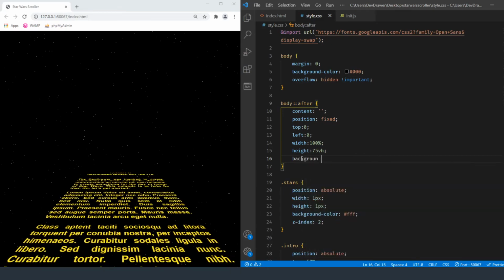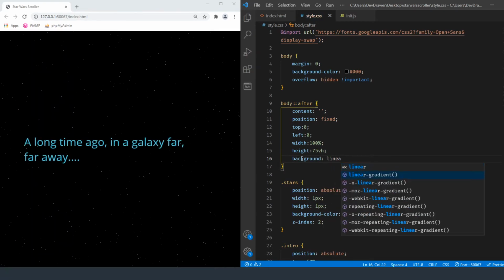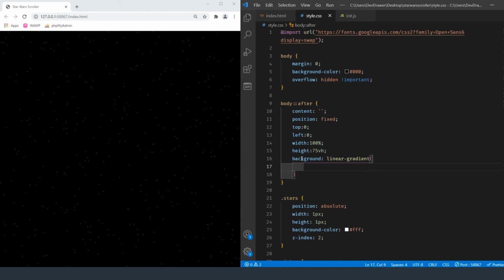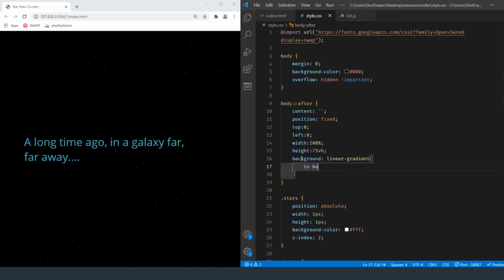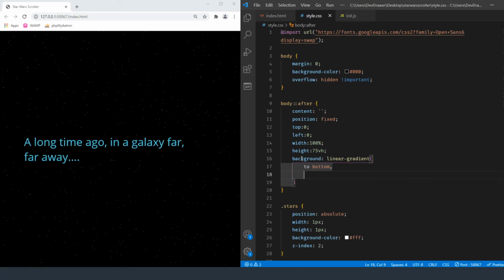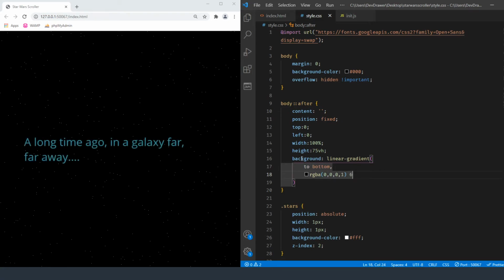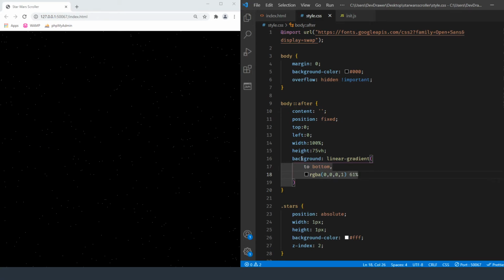So let's go ahead and just do the CSS for it. We've got background, and we're going to do a linear gradient, and inside of this linear gradient we're going to make it go to the bottom, and then from the bottom we are going to have it start doing its fade. So we're going to do RGBA, and it's going to be 0, 0, 0, 1 for the first part, and it's going to go down about 61%.